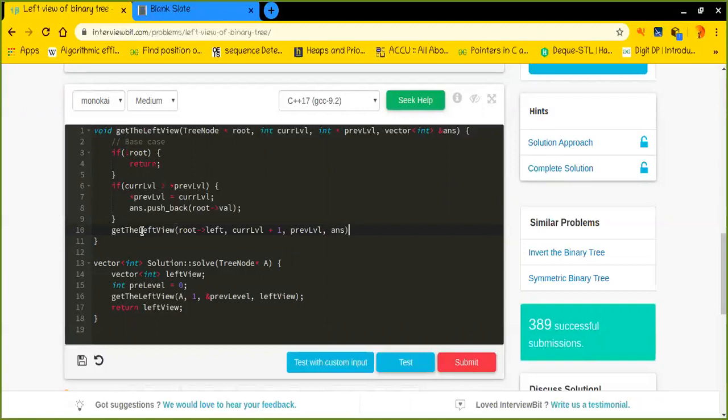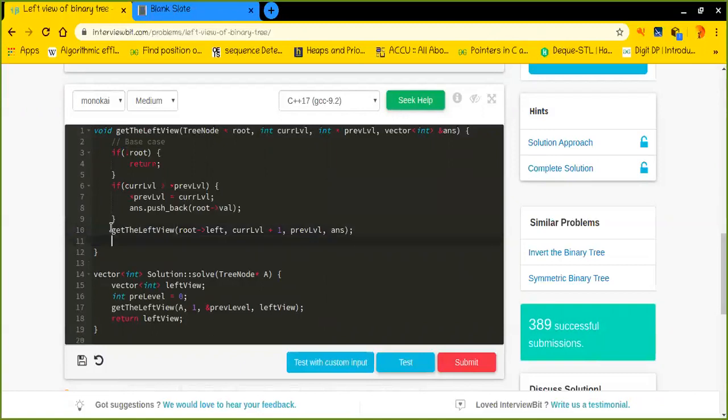It will just remain the same. Okay. And right here we will populate the right side as well. Cool.